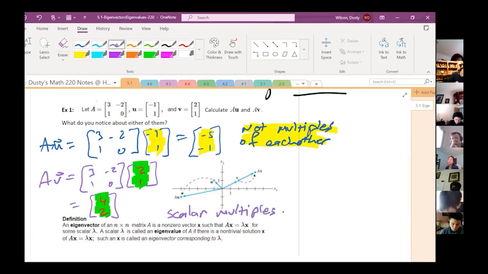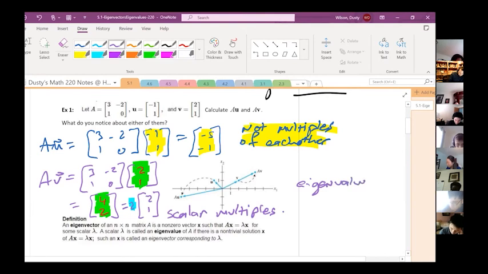So maybe we could say this thing is equal to 2 times 2, 1. Because they're scalar multiples, that means we're going to have an eigenvector and an eigenvalue. And so we would say that this number 2 is our eigenvalue, and then we would say that our eigenvector